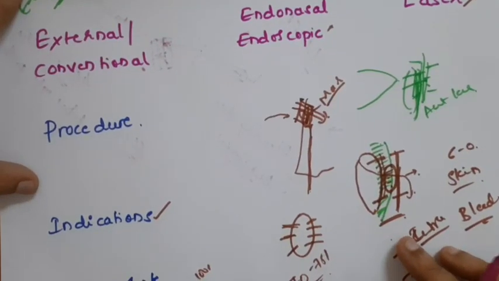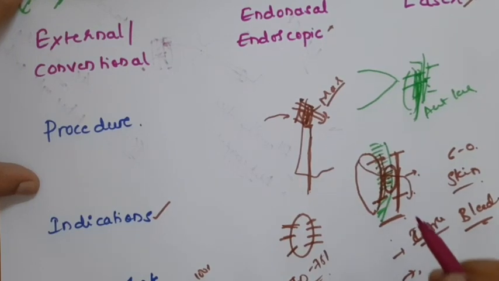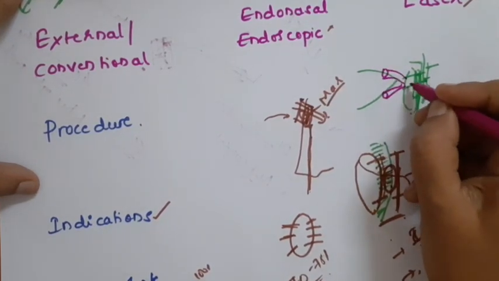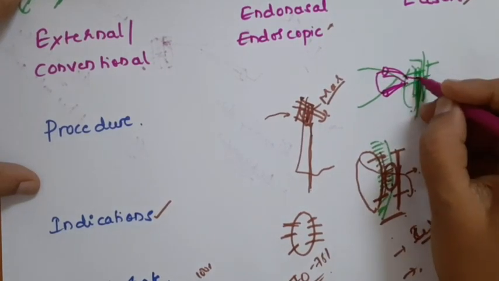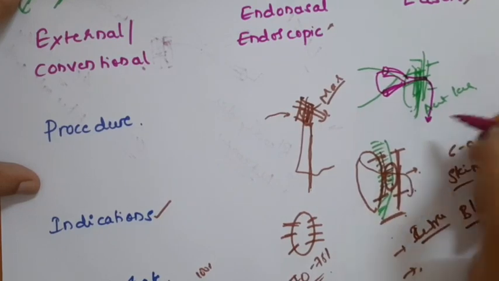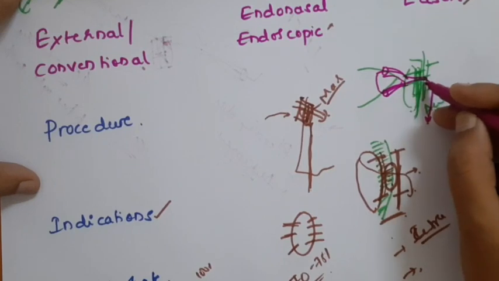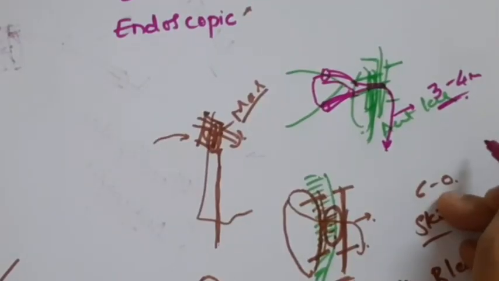So the main concern with all these surgeries was the closure of the ostium what you have created. So for that you can go ahead with the intubation, that is called a silicone tube intubation. So what is done here is the silicone tube is passed from the upper canaliculi as well as from the lower canaliculi and then through the ostium and then it is left in the nasal cavity. Okay, so this is acting as a barrier for the fibrosis and thereby preventing the closure of the ostium. And the silicone tube can be removed after 3 to 4 months and that will achieve more good results compared to your DCR without intubation.